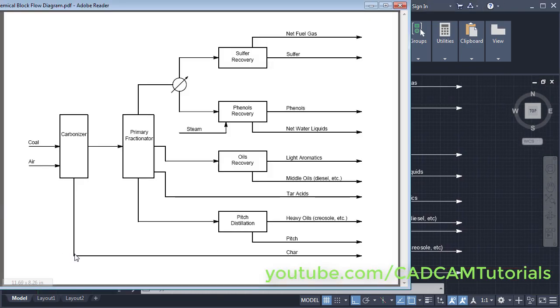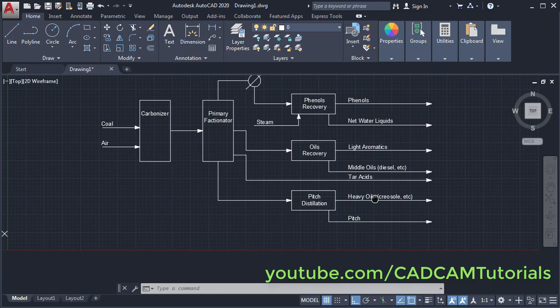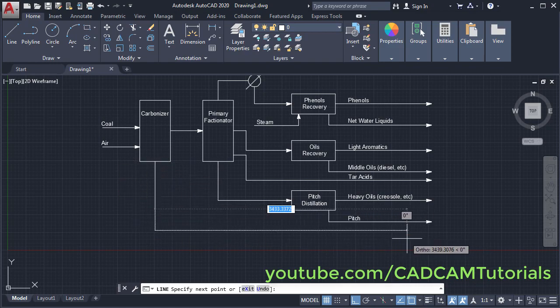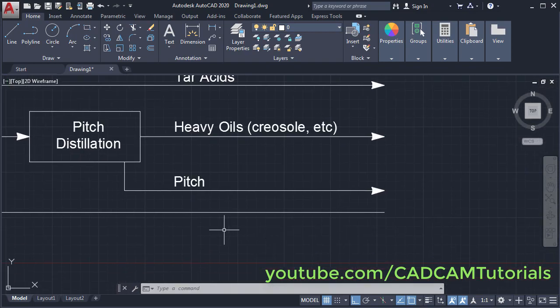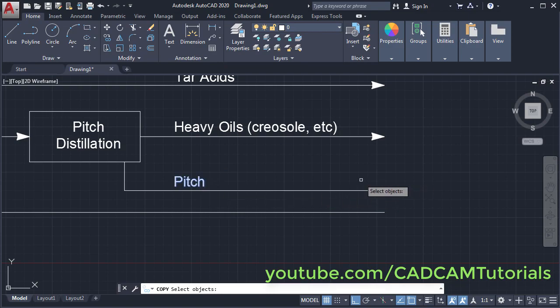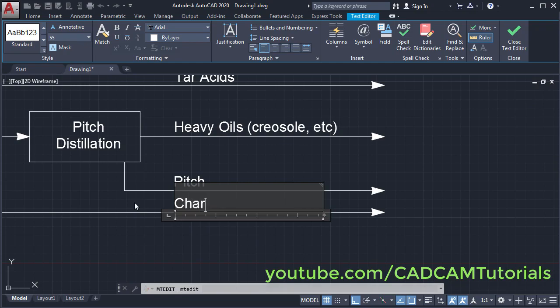Then this one, click on line, click on this midpoint, take your cursor below, click, take it on this side, track this endpoint, click enter. Then copy this text and arrow, click on copy, select this text and this arrow, enter, specify base point at this endpoint and click enter, and double click, click outside,